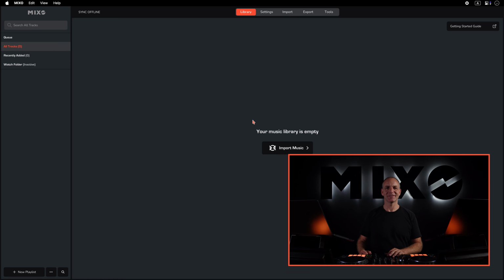Here's how to move your entire DJ library from Traktor to Rekordbox via XML with all your playlists, cue points, beat grids, loops, album artwork, track metadata and all of your tracks.